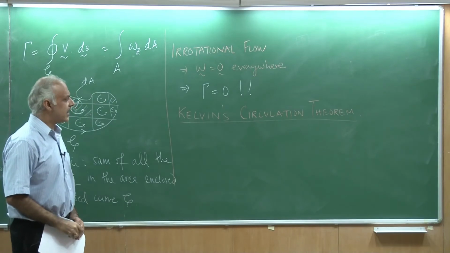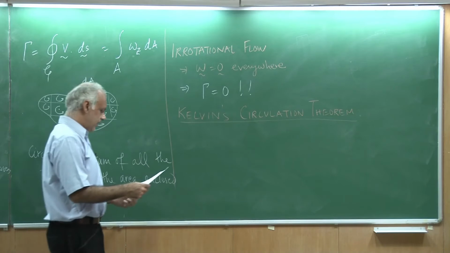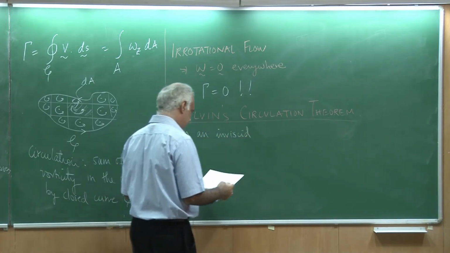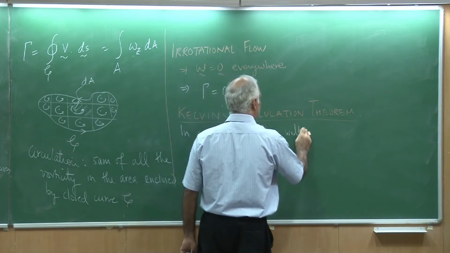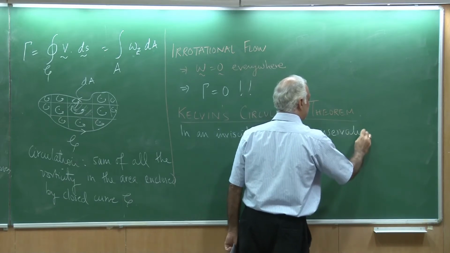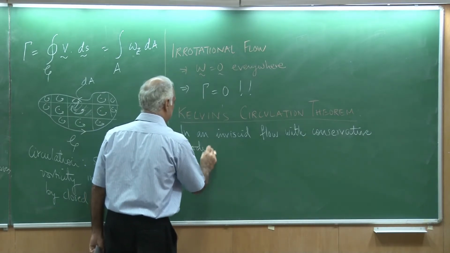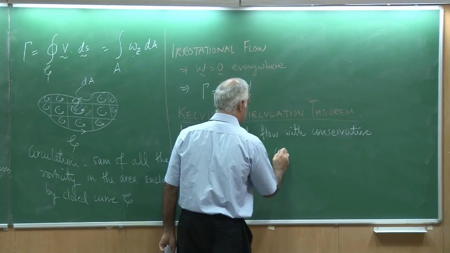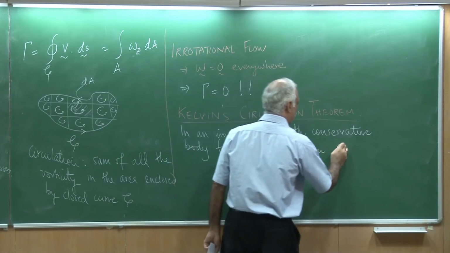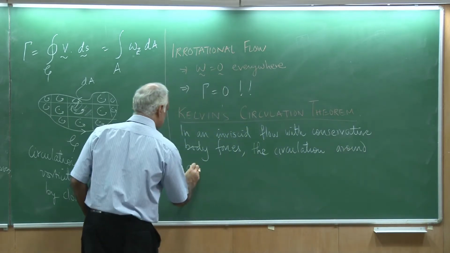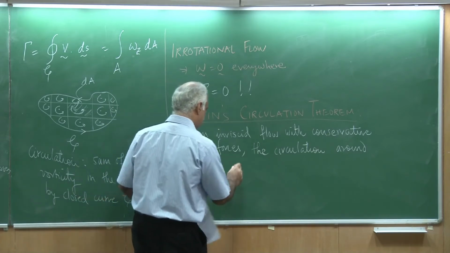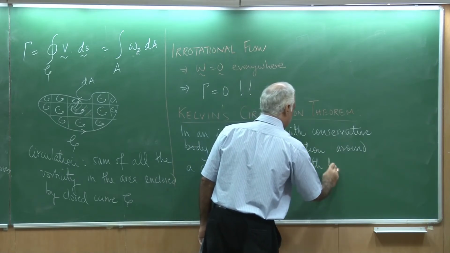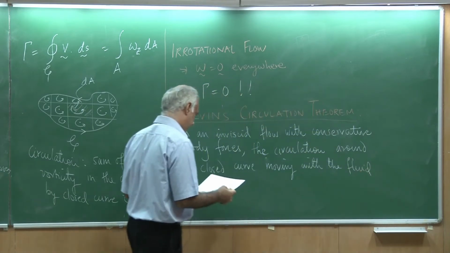So, Lord Kelvin derived many important results, and one of them is particularly useful for us here, which says that in an inviscid flow with conservative body forces, the circulation around a closed curve moving with the fluid remains constant